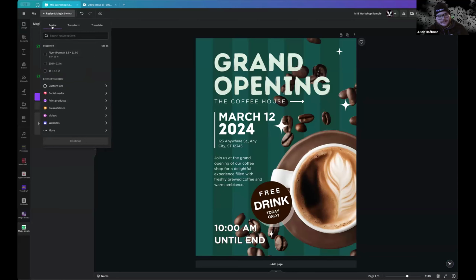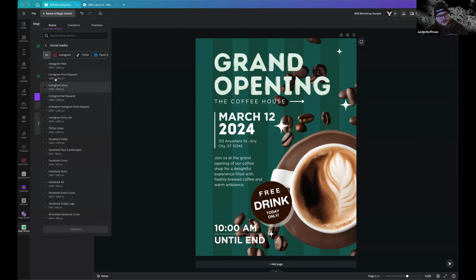I'm under resize, and you have all of these different options that are already preset. So if you need a presentation or something like that, it's all here. But I'm actually going to go to social media, and then I'm going to go to Instagram post square. And as you can see, Canva already has just about everything you need. TikTok videos, they're sized here, ready to go. Facebook videos, cover photos for your